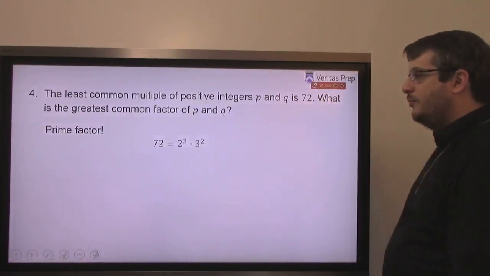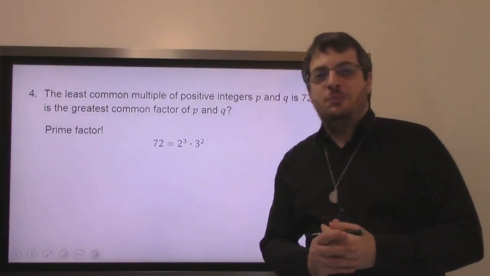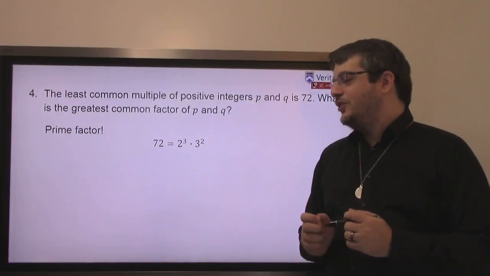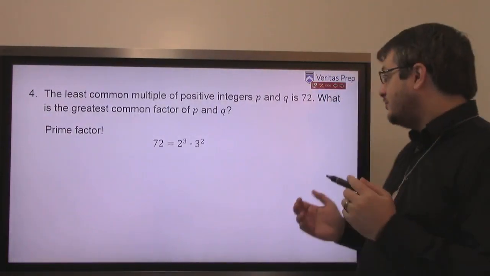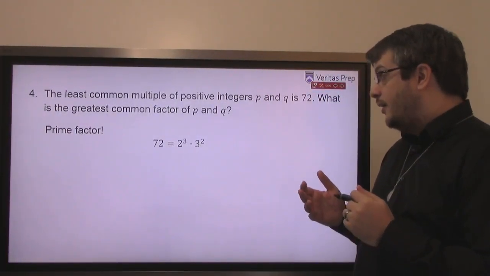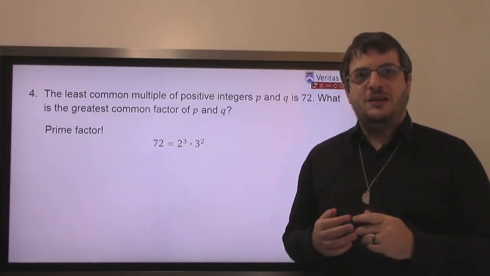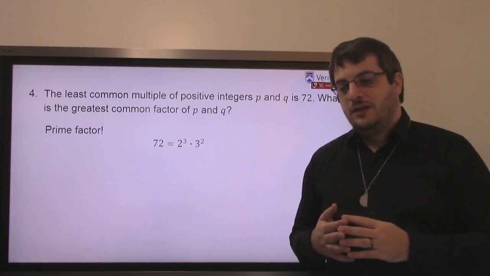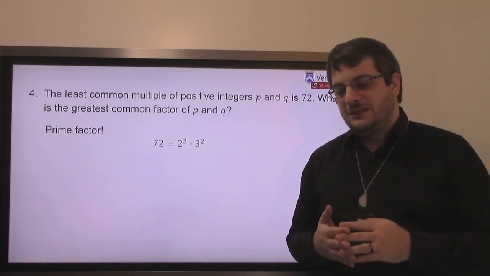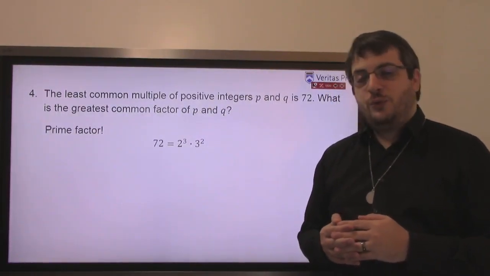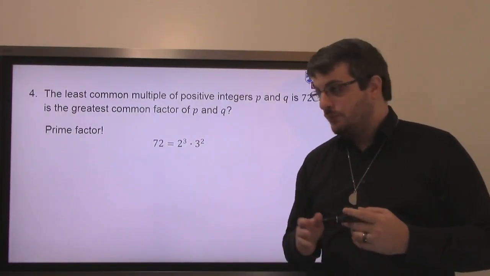First thing I do, same thing we do every night, Pinky, prime factor, right? 72 is 2 cubed times 3 squared. Now, I am looking to get 3 2's and 2 3's out of my P and out of my Q. But that means that one of those numbers must contain 2 cubed. I don't know which one. I don't know if it's P, I don't know if it's Q.